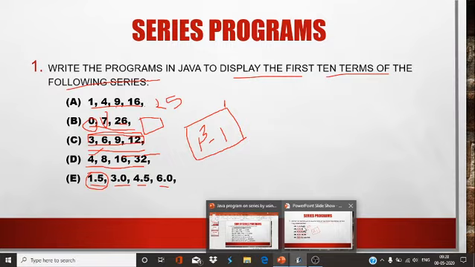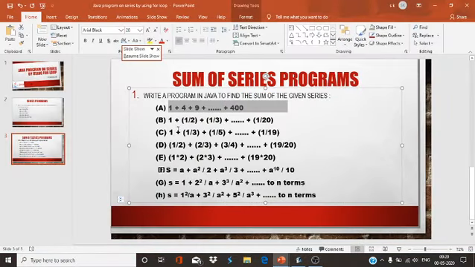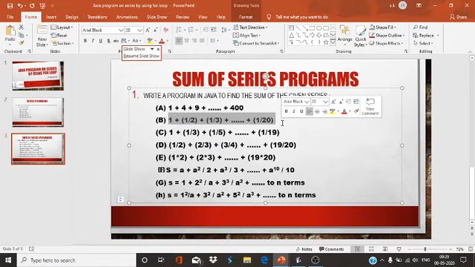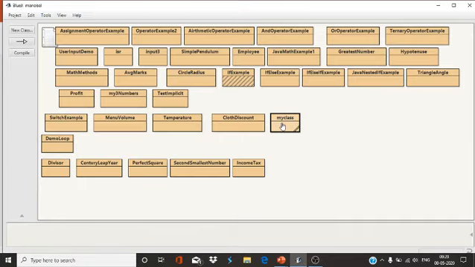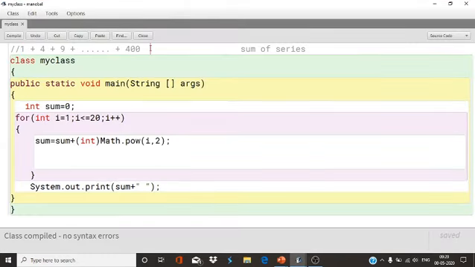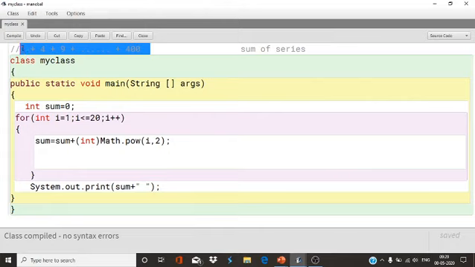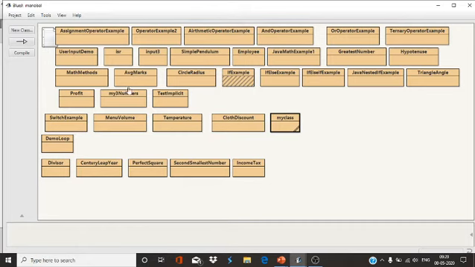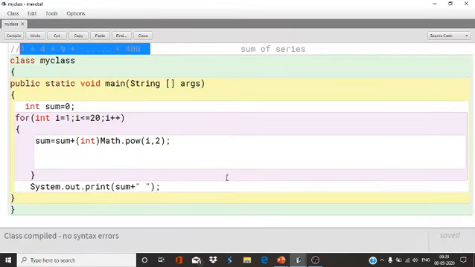Now next question is 1 plus 1 by 2, 1 by 3, and like that. Copy the question.